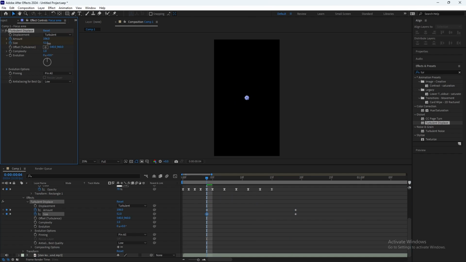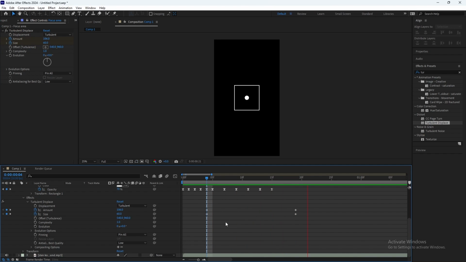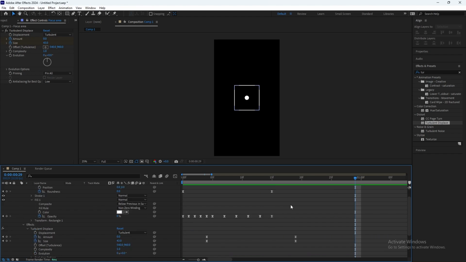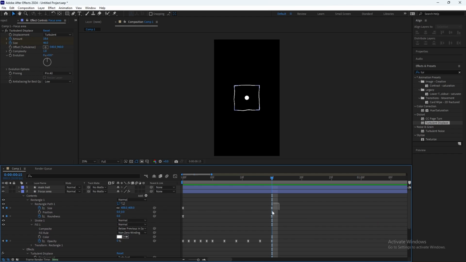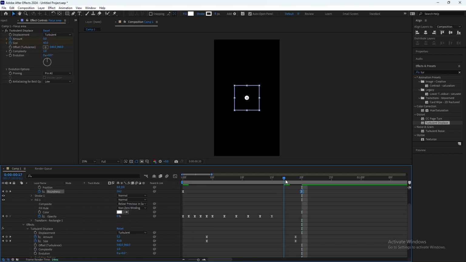Maybe increase the size. F9. We can actually put it to 20 and change here.